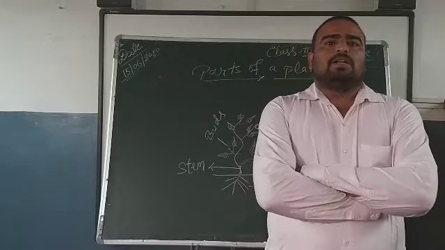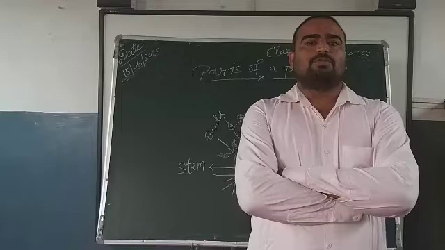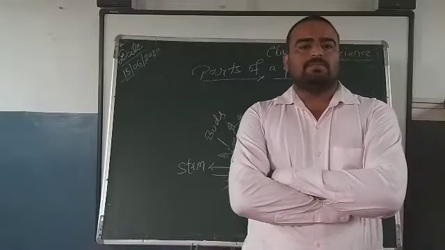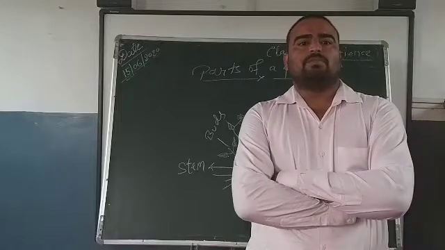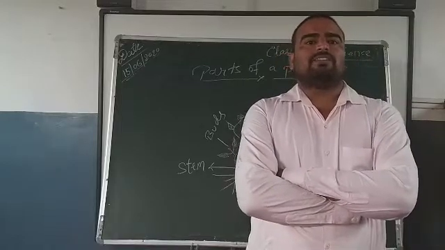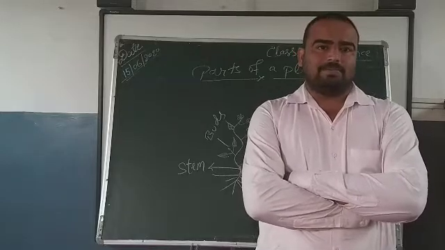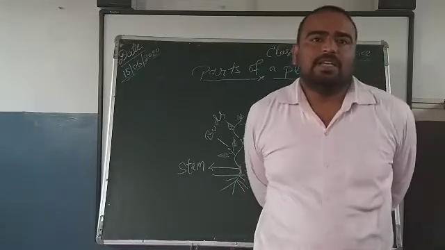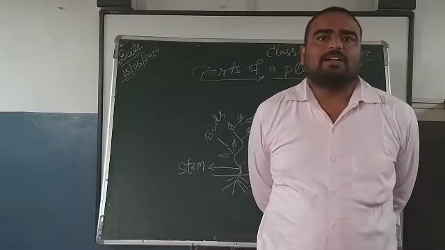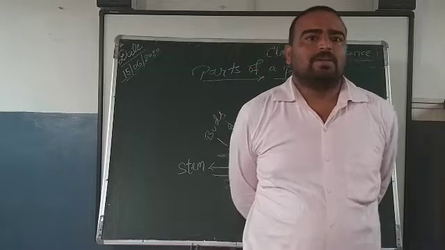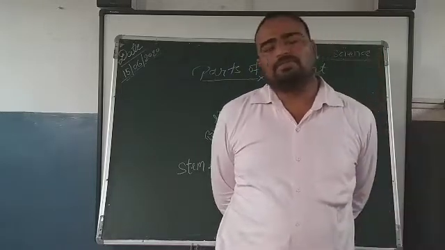Taproot. In this type of root, one main root grows from the end of the stem. Many small and thin roots grow from the main root. Plants like mustard, beans and balsam have a taproot. Now, fibrous root. In this type of root, many roots are bunched together and grow from the end of the stem. Plants like wheat, rice and onion have fibrous roots.